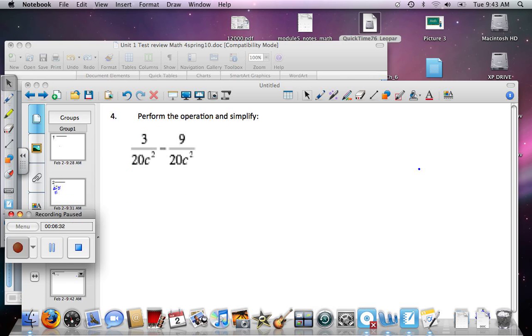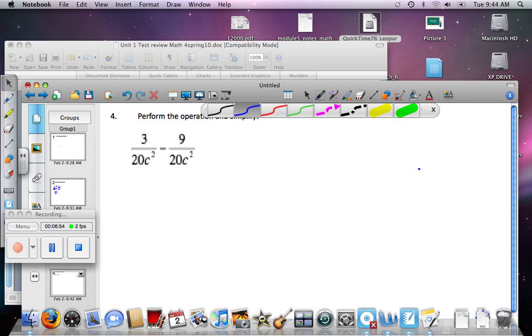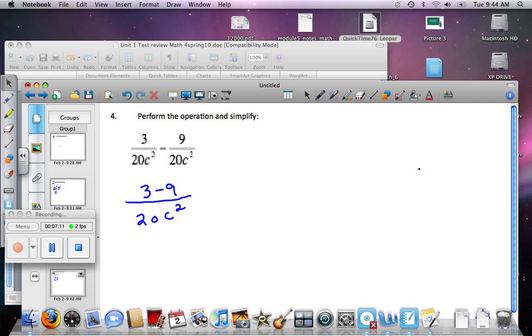Okay, now we're beginning on 4a, and the instructions say perform the operation and simplify. If you look at this problem, the operation is subtraction, and I already have a common denominator, so I don't need to change my numerators or denominators in any way because I already have a common denominator. So all I'm going to do is, whoops, need my pen back, don't I? So all I need to do here is combine, or in this case subtract, my numerators over my common denominator, which means I have 3 minus 9 over my common 20c squared. That gives me negative 6 over